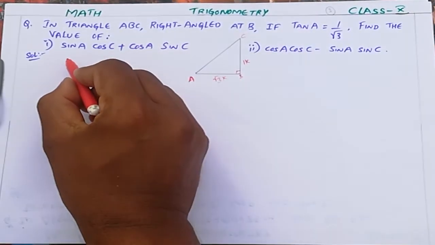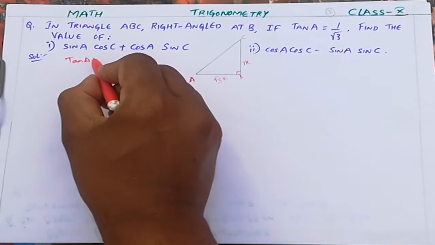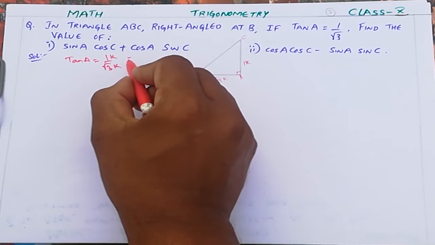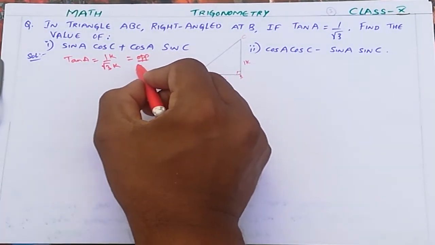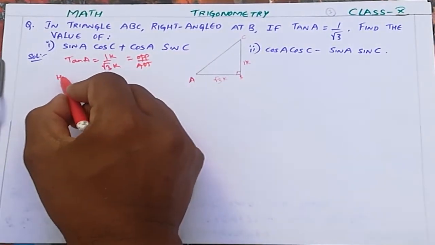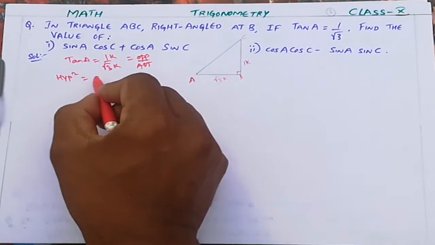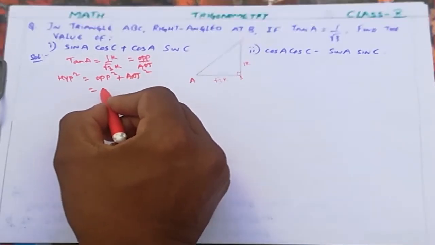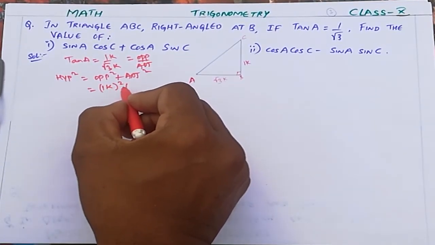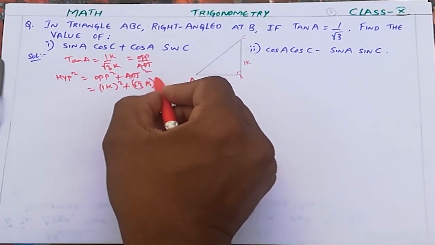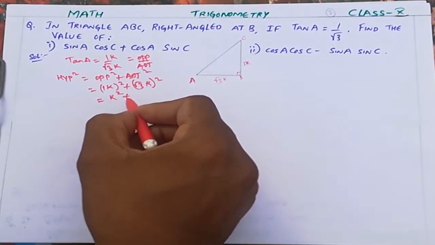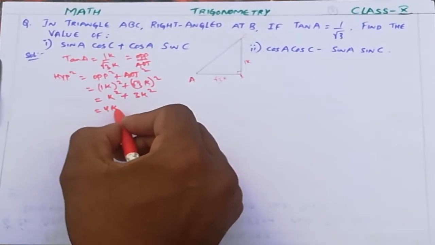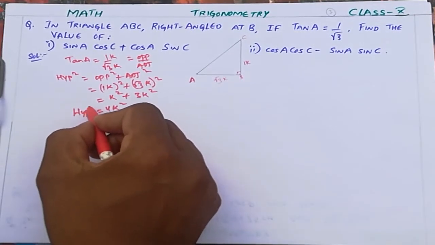what is given, we will write down. Tan A equals 1 by root 3. So 1 by root 3 I am writing in ratios of k. What is tan? Opposite by adjacent. We need the hypotenuse value. Hypotenuse square equals, we have the formula, opposite square plus adjacent square. I will substitute in this one. Opposite is 1k whole square plus adjacent is root 3k whole square. Here 1k square is k square, plus root 3 square, root cancel, we will get 3, so 3k square. After addition we get 4k square.